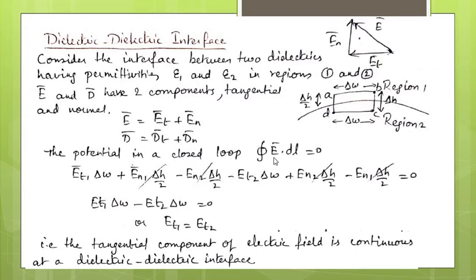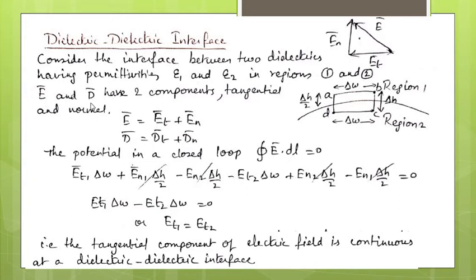So here I have taken an example of a dielectric interface. So the first media is dielectric and the second media is also dielectric. So you can see in this diagram, I have drawn one arc here. This denotes the interface between both of these two dielectrics. Region 1 is dielectric 1 and region 2 is the second dielectric. So the first dielectric has a permittivity of epsilon 1 and the second dielectric has a permittivity of epsilon 2.